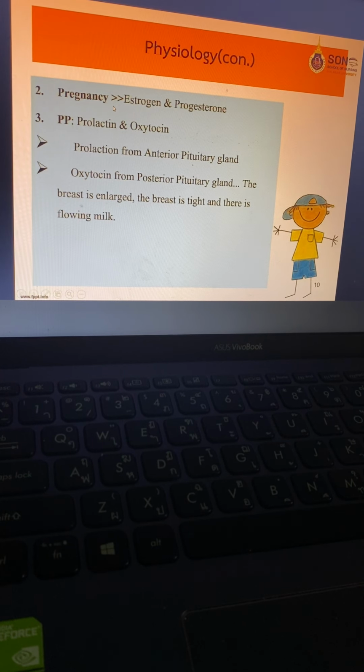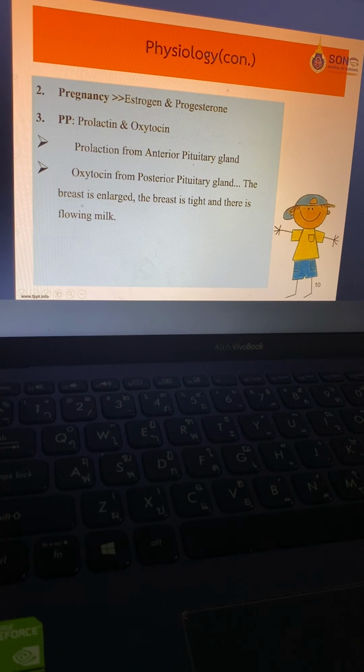And finally, the postpartum period is a situation that involves breast change too, because after birth the important hormones are prolactin and oxytocin. These two hormones involve breast change: prolactin produces milk, but oxytocin involves the ejection of milk. So the women in